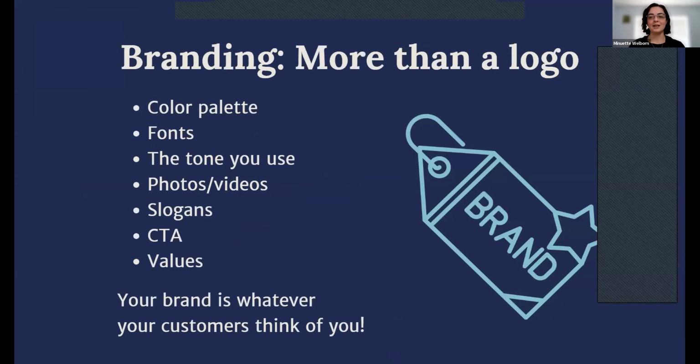So let's talk about what branding means, because it can come across as, oh, branding, that's like your logo, right? Well, your logo is one part of your brand, and some brands don't even have a logo, especially if you're an entrepreneur. Your brand might just be you and what you do, which is totally awesome. But that means that your brand is going to be so much more than your logo. Your brand is not only your visuals, your color palette, your fonts, the photos, the videos you use, but it's going to be so much more than even visually.